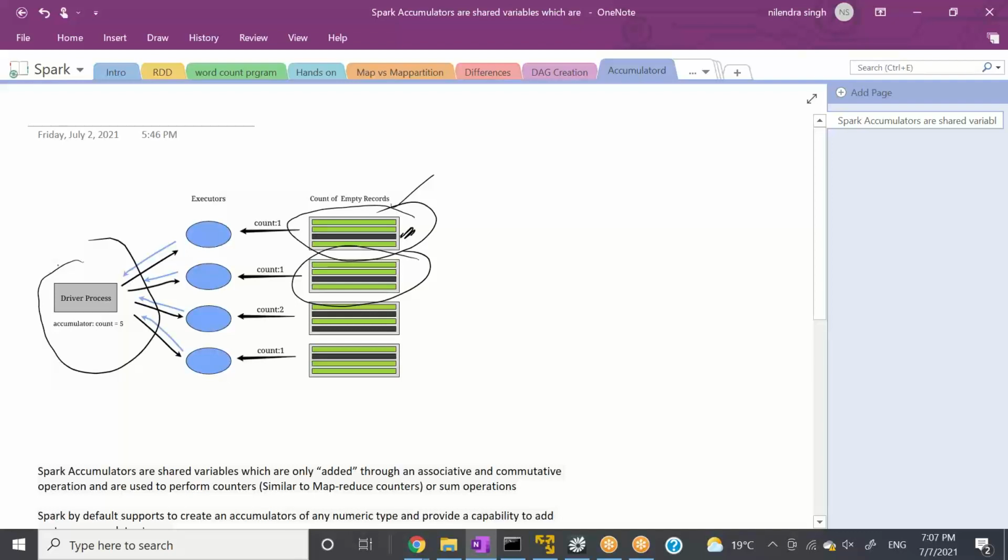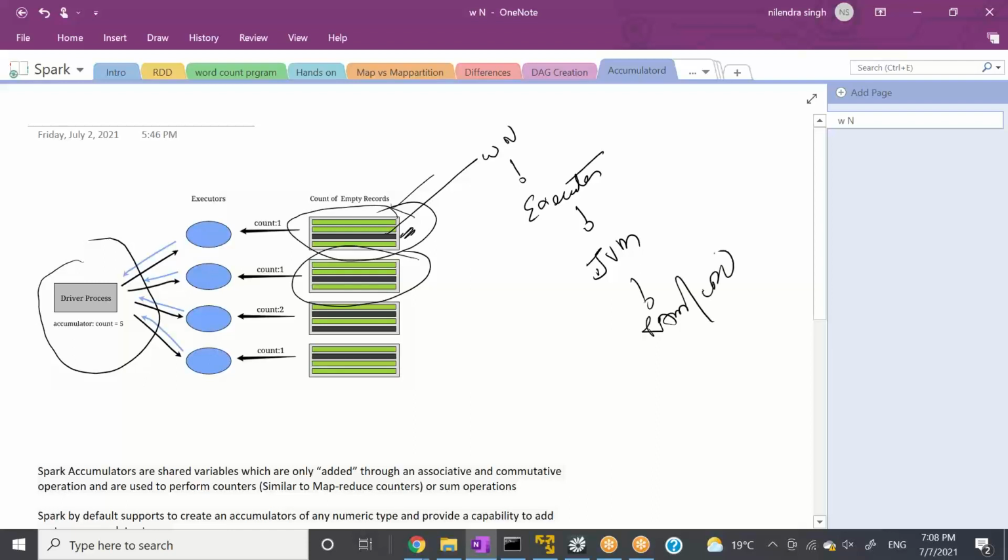We know one thing: this worker node is running some executor. These executors are nothing but your JVM. This JVM will have RAM, will have CPU, will have everything, and all the processing done inside this JVM is local to it.